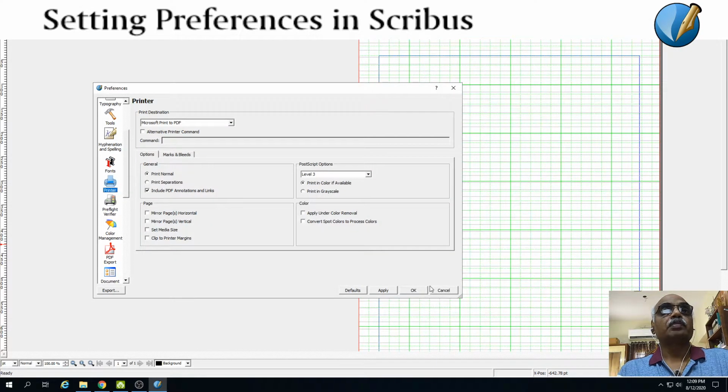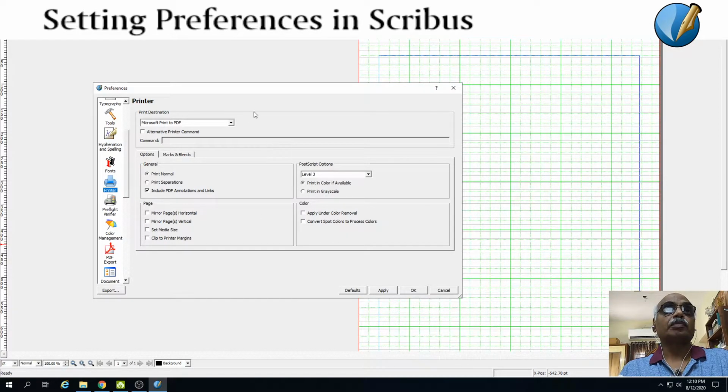Then printer, again this same configuration you would have undergone, and you would have adjusted in your document setting, but this is actually the general setting. If you prefer to do it only once, you do it here instead of doing it every time there. So if you want to create one setting and you want it to be carried out in all your future documents, this is the place you go and apply your setting.